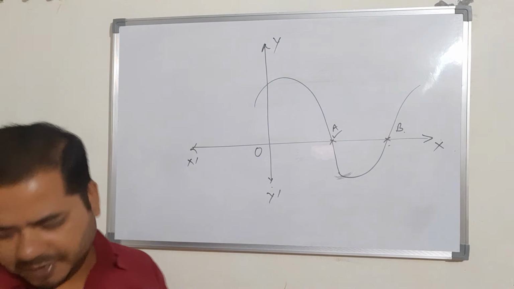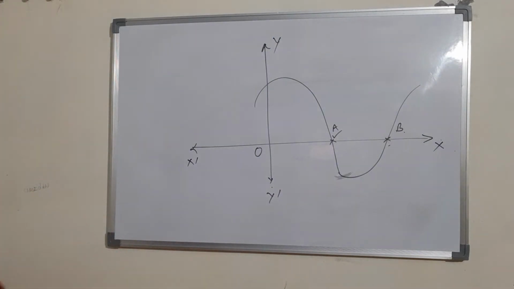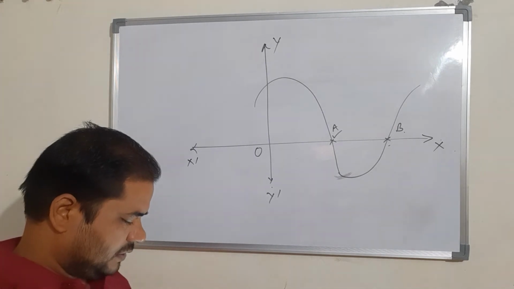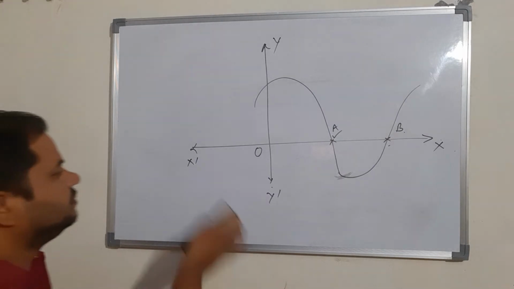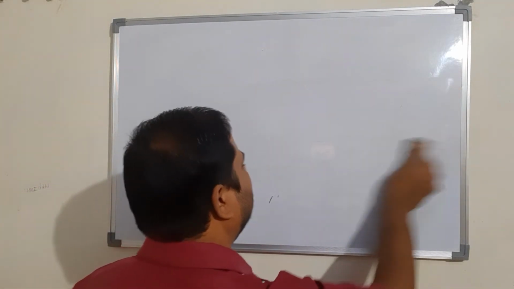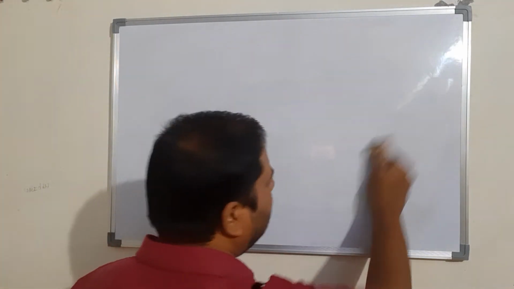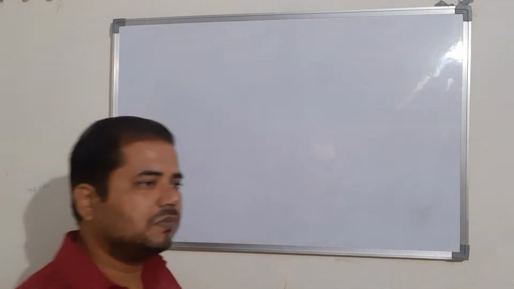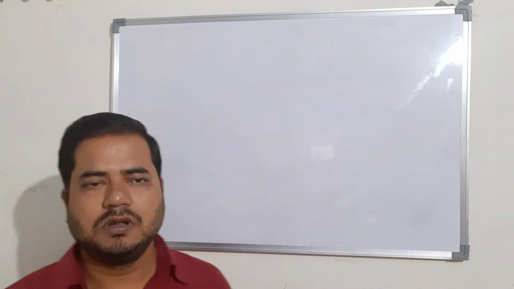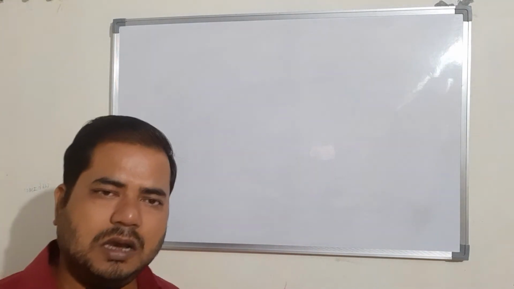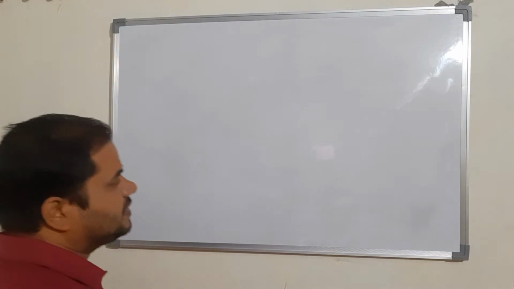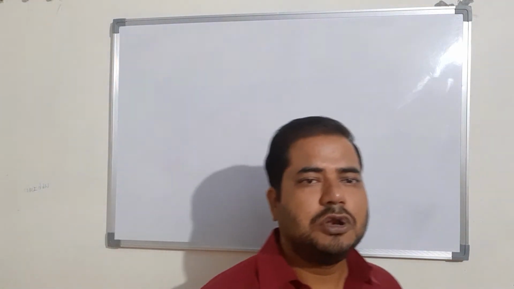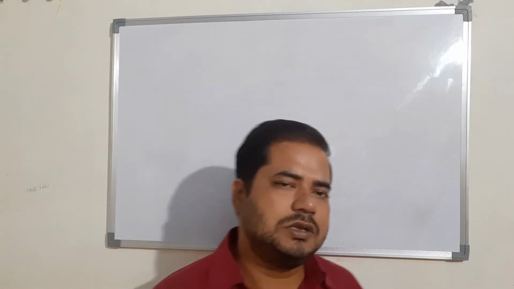Okay. In the same manner, we can see another problem. So let us see. Suppose we have this type of graph, and here we have to study the real zeros. Actually, saying the polynomial has no zero is not true. Every polynomial has zeros, either real or imaginary. So here we study the real zeros. That's why sometimes we say there is no real zero. Not that there is no zero, this is wrong. There is no real zero.